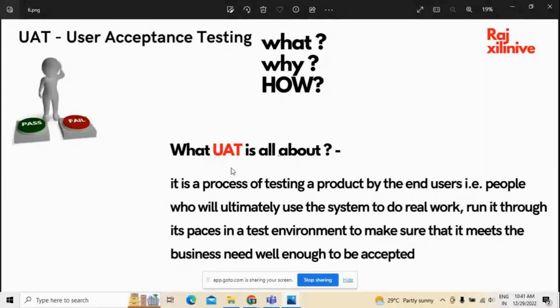Today we are going to discuss UAT. As you are all well aware, user acceptance testing is one kind of testing which is performed in application development by the end of the project. It has its own importance in reference to user acceptance testing, especially in the field of application